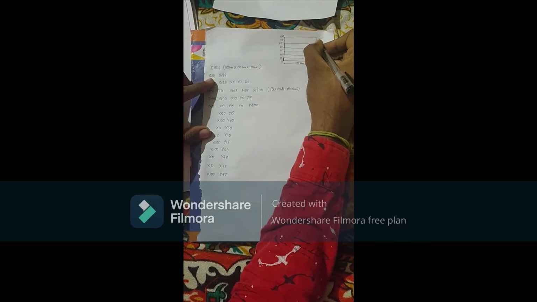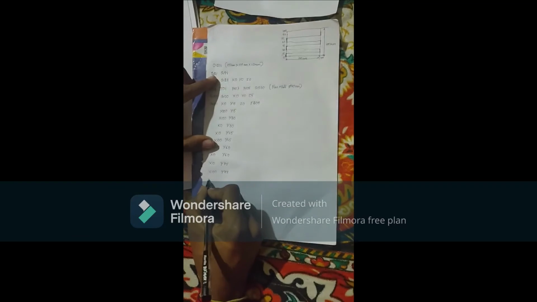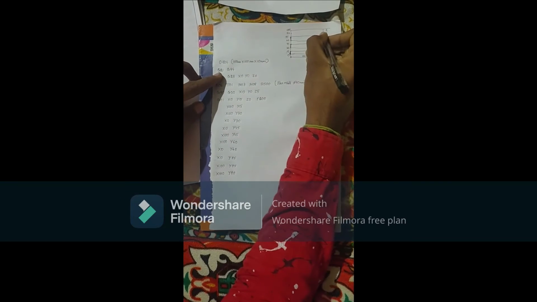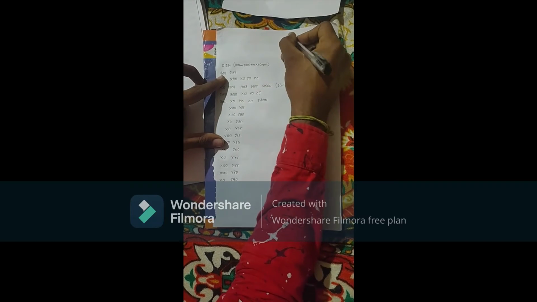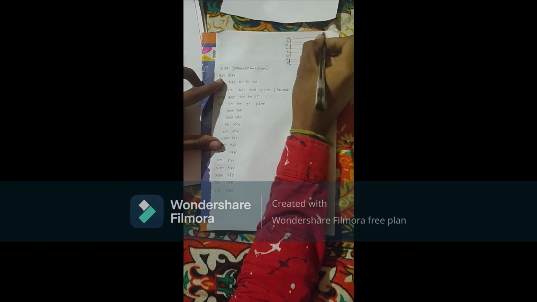So from 75 to 90, x will be 100, y will be 90, and from here to here, x will be 0, y will be 90. From here to here, x will be 0, y will be 100, and now here to here, that is x 100, y will be 100.